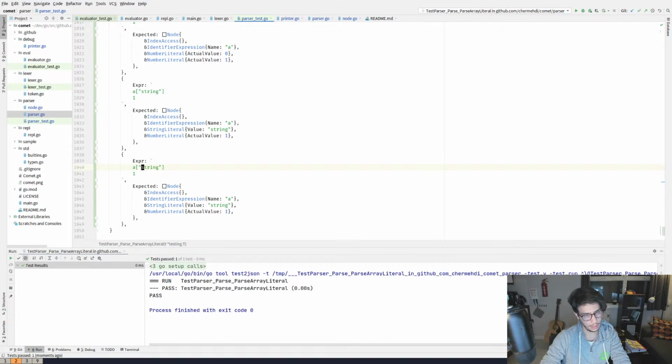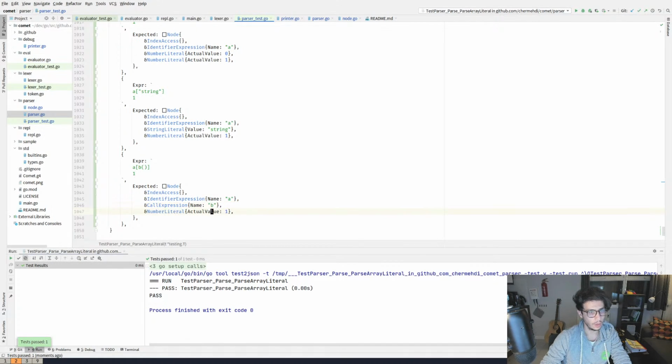So A, but here I'll do a function call, B. So I'll have an identifier, but here I'll have a call expression, and the name of the function is B. Right. So for all of these, it still works.